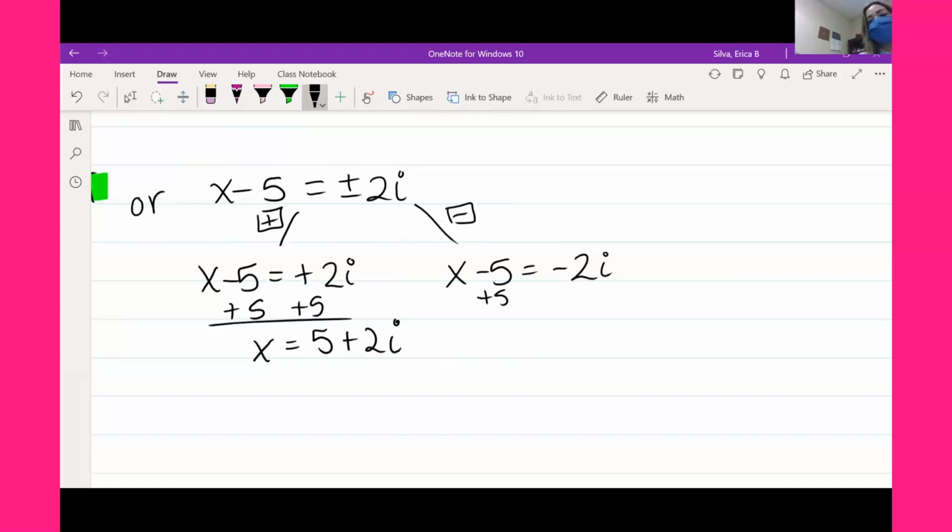And over here, we do the same thing. x equals 5 minus